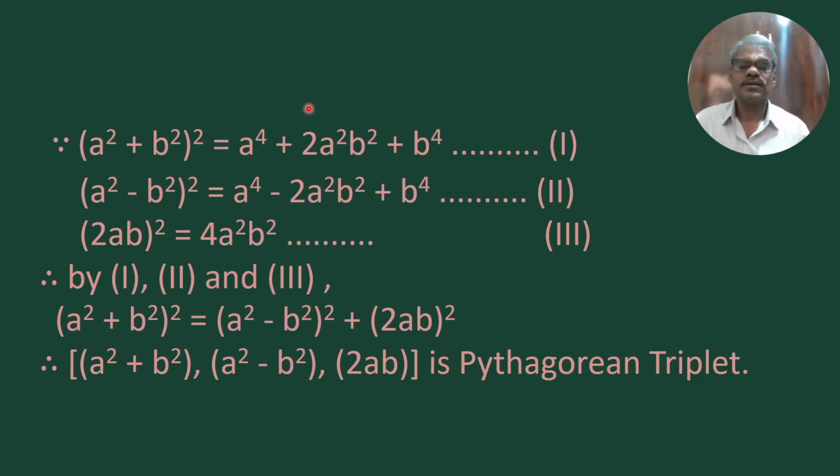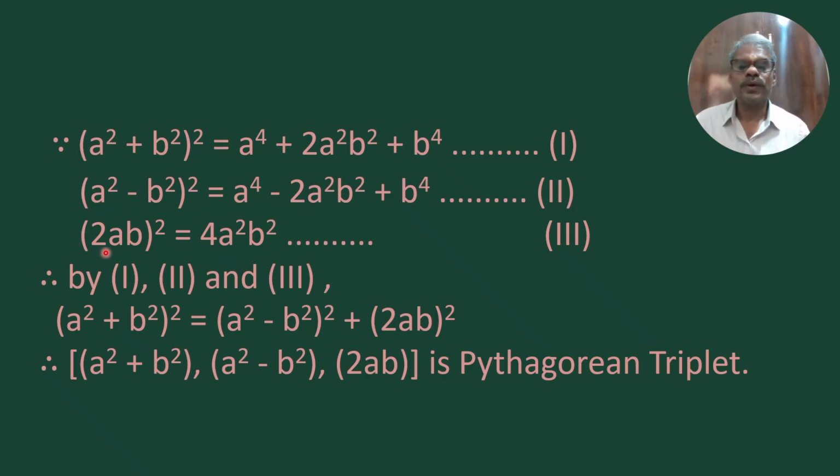We will find whether it satisfies the definition we have just seen. Because (a square plus b square) whole square is equal to a raised to 4 plus 2a square b square plus b raised to 4. Name this as equation 1. Next, (a square minus b square) whole square is equal to a raised to 4 minus 2a square b square plus b raised to 4. Name this as 2. Then third,